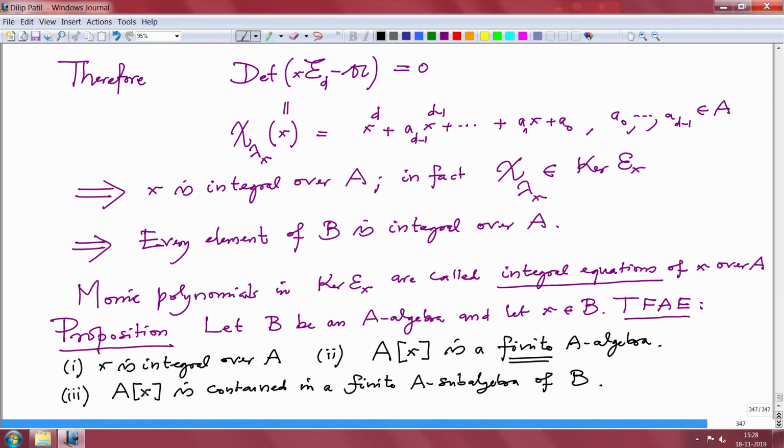This one says it is contained in a finite subalgebra of B. Alright. So, the fourth one,